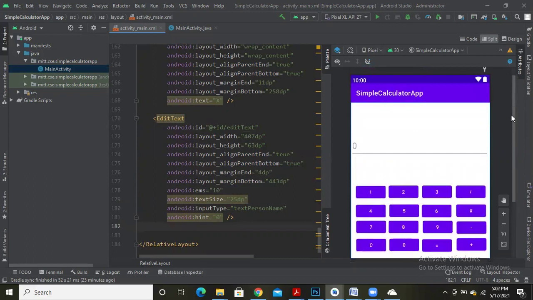So before we add the functionalities to the buttons, or before we add code in a Java program, let me cross verify how this is going to look when I launch the application. So this is how my front end is going to be designed. Let me run it on the emulator and cross verify whether this looks perfect or not by clicking on this run button. So this is going to take a few minutes to launch an emulator.